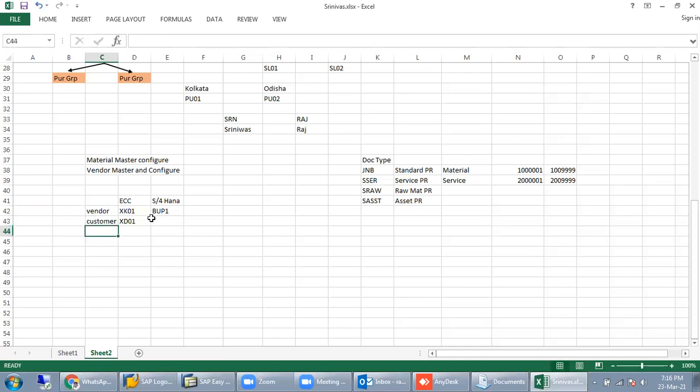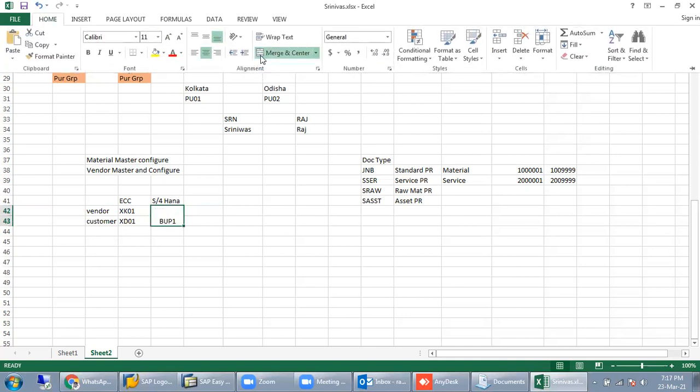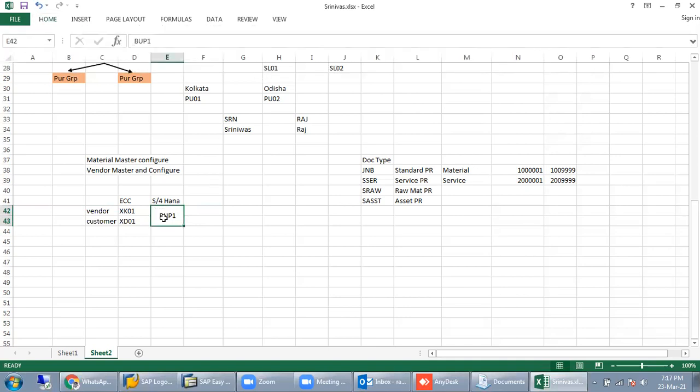Now in S4 HANA, only one thing needs to be created, that is a business partner, relevant for both vendor and customer.